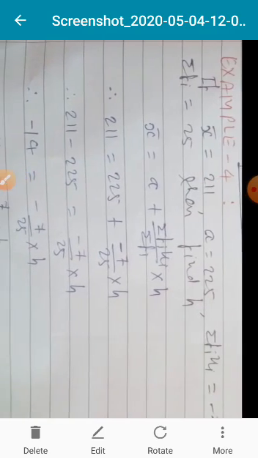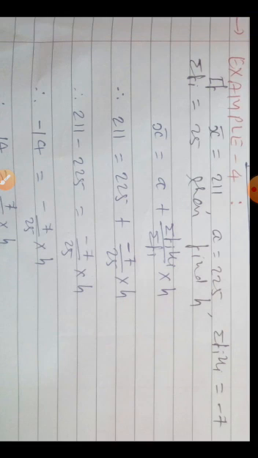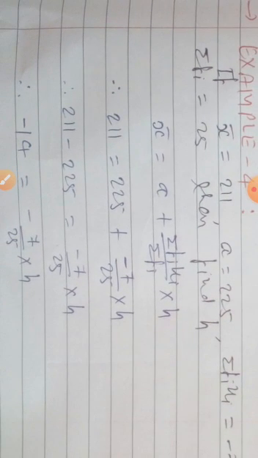Now example number 4. X bar is given. Sometimes they ask for x bar also, but that is a simple sum. So far we have found x bar many times if all values are available, which is why I have not taken this type of sum here. So here again x bar is given, a is given, sigma fi y is given as -7, sigma fi is given as 25, then find h, the class size, which is asked. One thing is always missing, and that is always asked. So the same formula as in example number 3 is taken again.